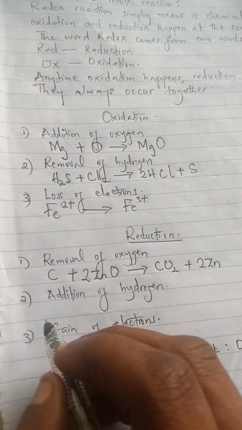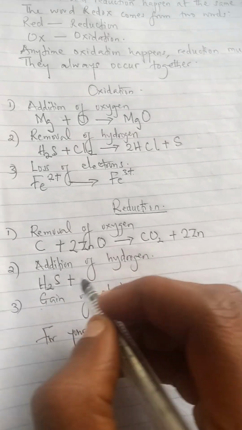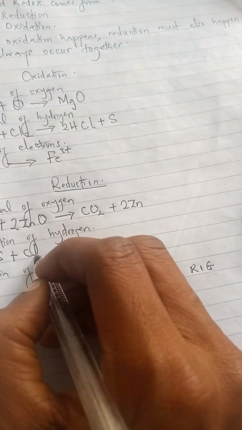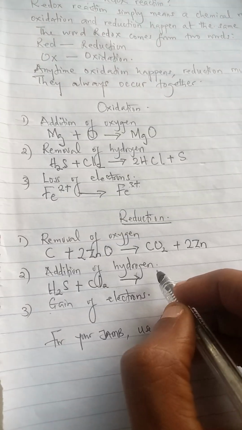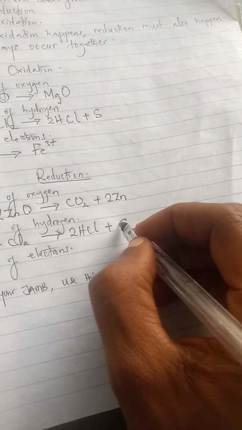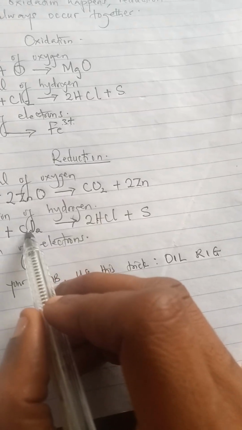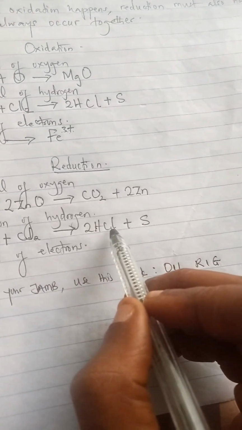Then number 2, we say the addition of hydrogen. So look at it again. In the addition of hydrogen, hydrogen sulfide reacts with chlorine to form hydrochloric acid and sulfur. So you see now that the hydrogen that was removed from the hydrogen sulfide was added to the chlorine